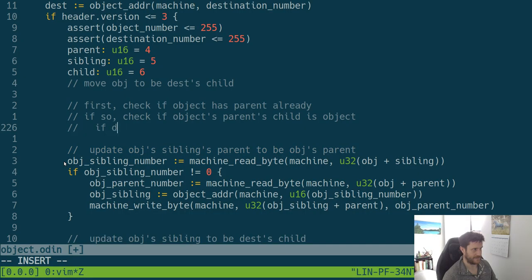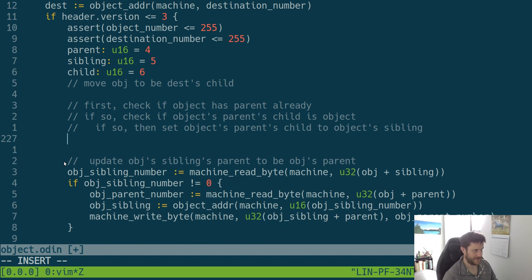If so, then set object's parent's child to object's sibling. Otherwise,